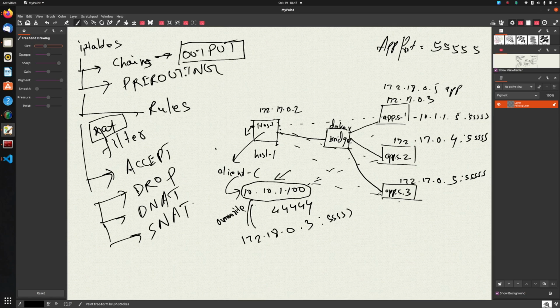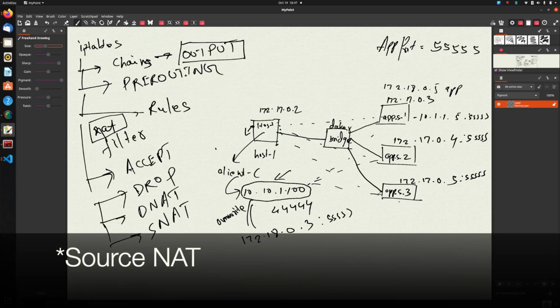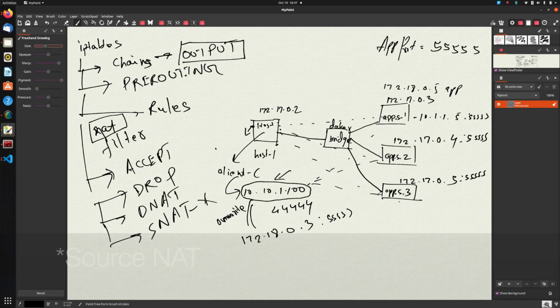Again, since I mentioned that the packet is generated within the box, you do not have to concern yourself with overriding or changing the source IP of the packet. So source NAT is not in the scope of this video, right? We do not bother ourselves with SNAT, but we do bother ourselves with DNAT, right? This is what we'll be using. So in the NAT table for the output chain, if we can use destination NAT to override the destination IP of the packet being generated to one of the IPs of the boxes on which the actual application is hosted, our problem is solved, right?